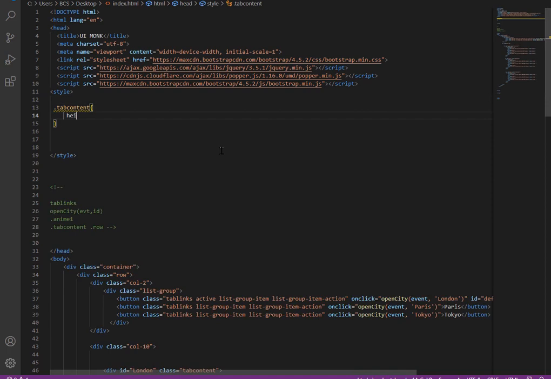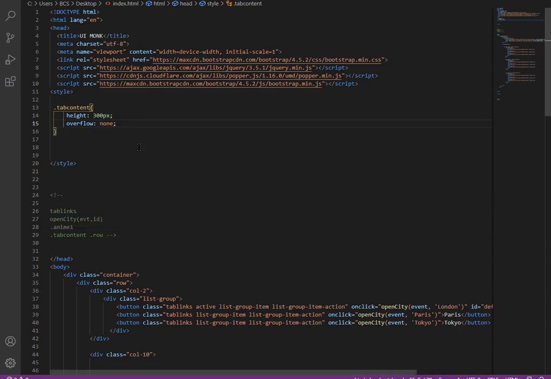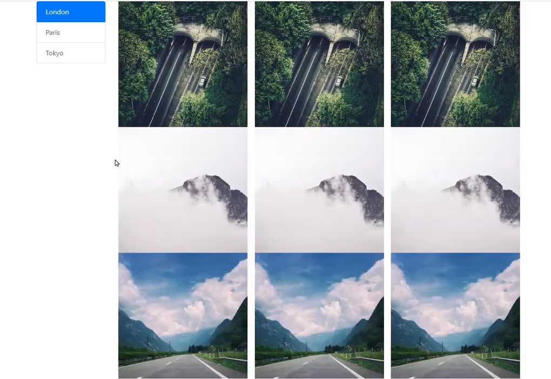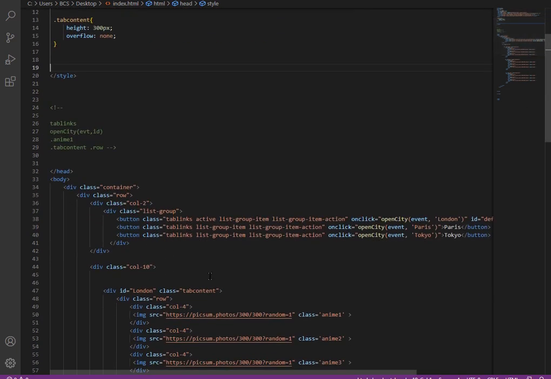We want the height to be 300 pixels, and I want the overflow to be none. So if I refresh, let me hard refresh, it is not getting affected. So let's give a class main holder.